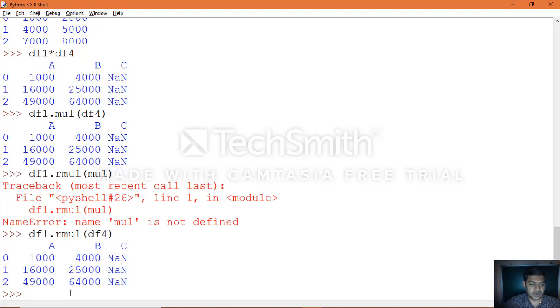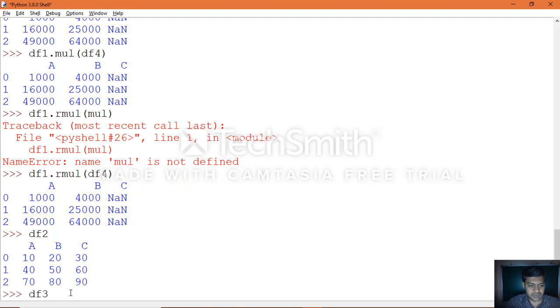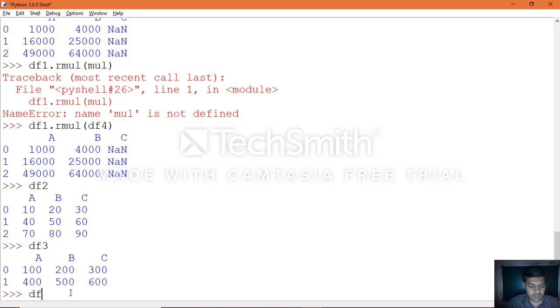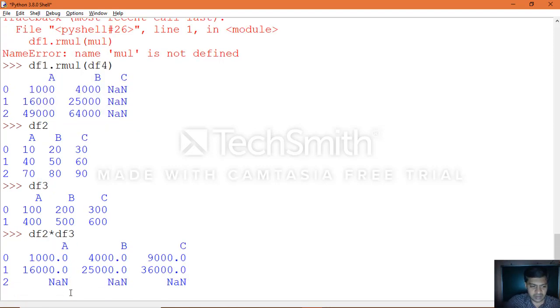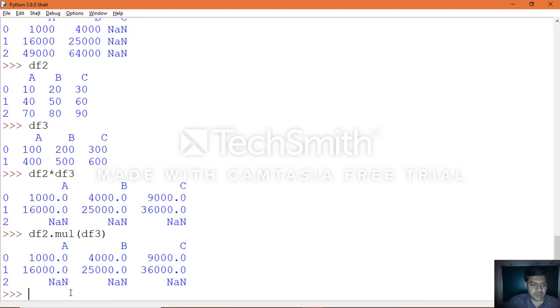Same way, when you want to perform it between 2 and 3, df2 and df3, the two objects on which you want to perform the operation: df2 multiplied with df3, and df2 reverse multiplied with the df3 object.